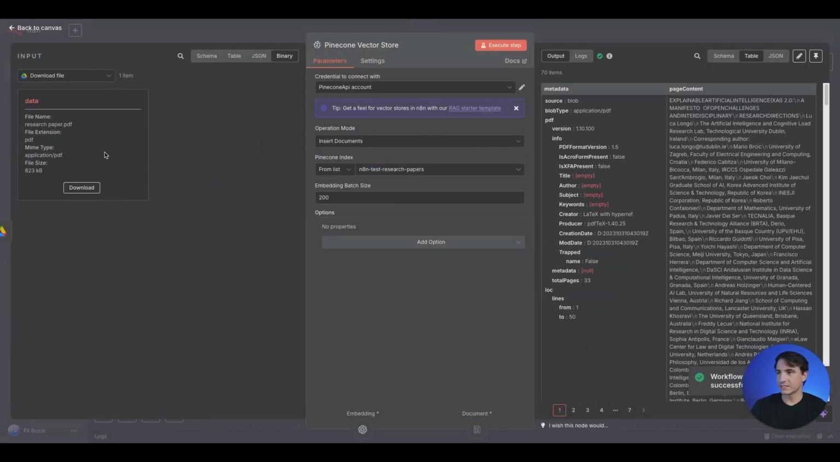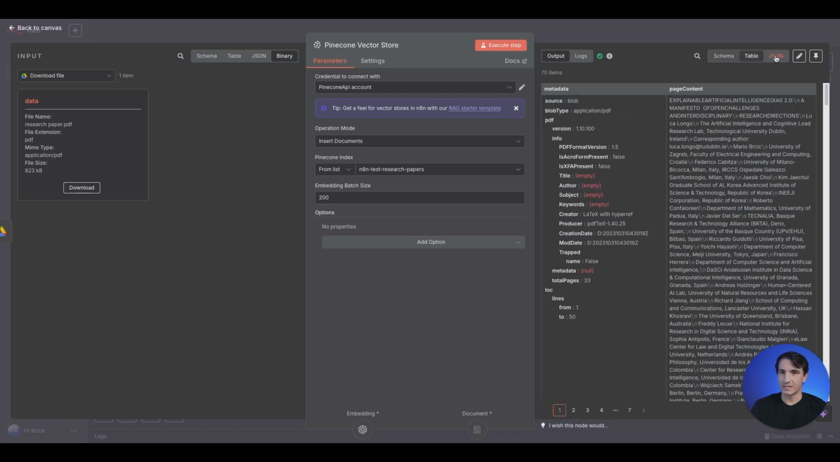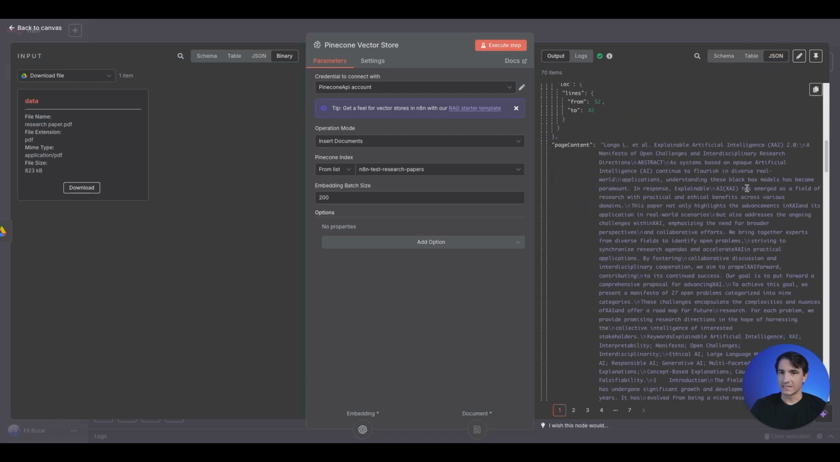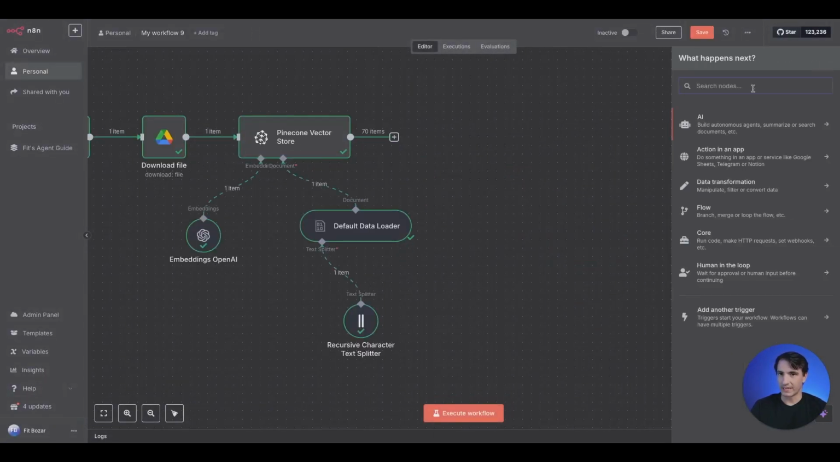All right, so if we open this up, we can see that we have our downloaded file, and you can see here in schema table JSON some contents. The paper is about artificial intelligence. The next node we want to add, if we just come out here and we just go ahead and add